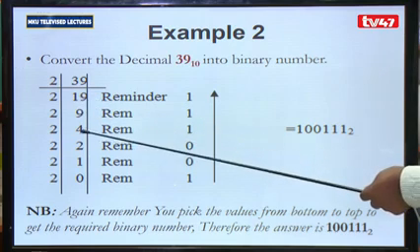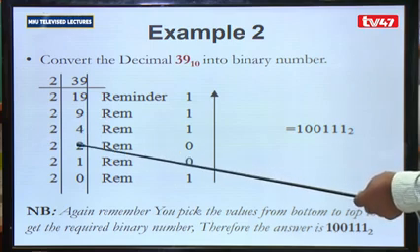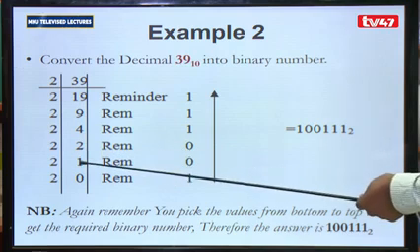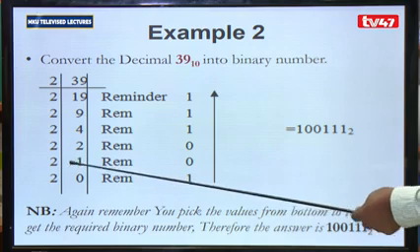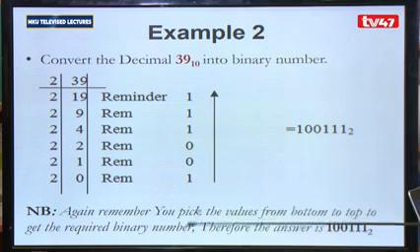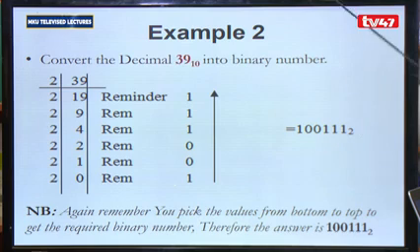This 9 divided by 2, you get 4, remainder 1. 4 divided by 2 is 2, remainder 0. 2 divided by 2 is 1, remainder 0. And the last step, 1 divided by 2 is 0, remainder 1. And again, remember, you pick the values from bottom to top, and there you get your binary equivalent of this